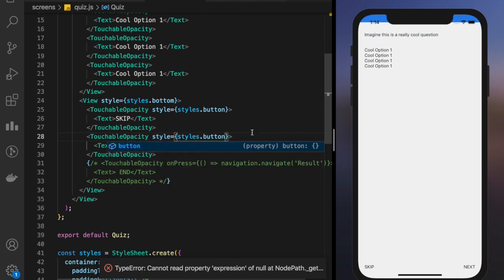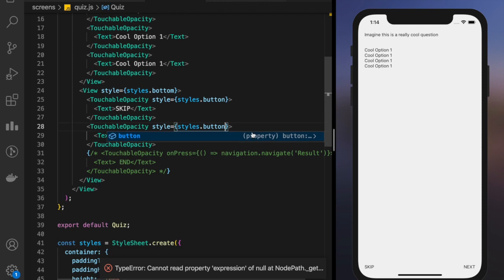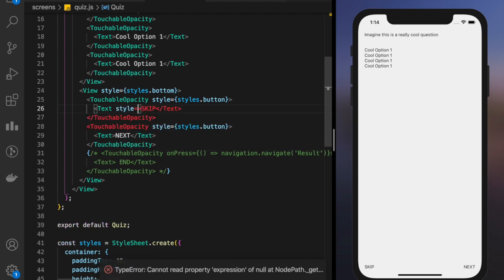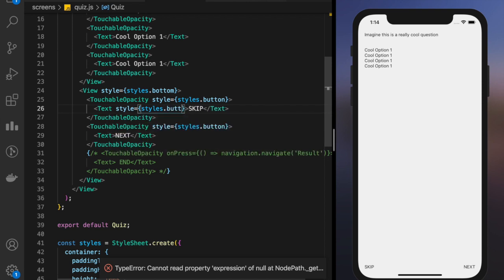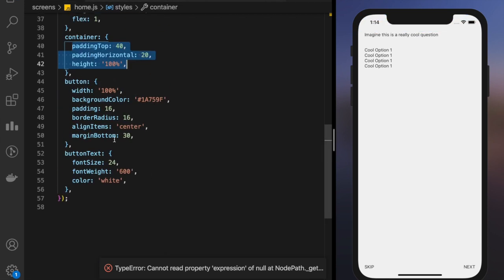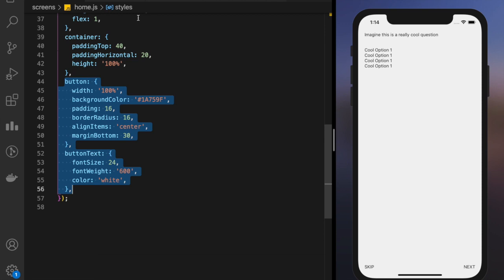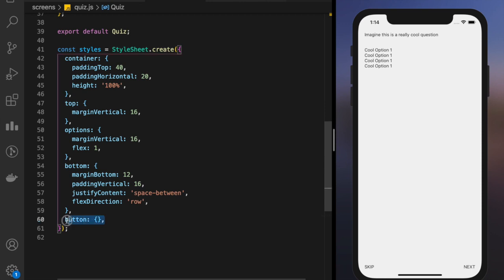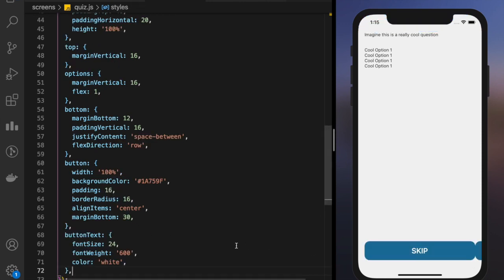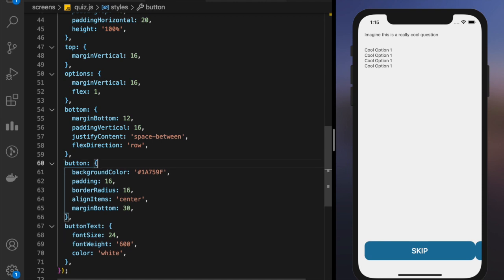Now I told you that I'm going to use a similar button design that I can use on all screens. So let's give this a style of button text. Now let's give this button text style to this next as well. Okay, great. Now I'll go to home and copy these two things, button and button text, except for one thing. I won't be giving it a width of 100%, otherwise these both will take a width of 100%. So if I do this, you see, I'll just remove this thing, that's it.